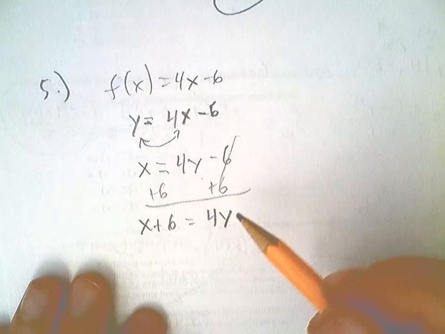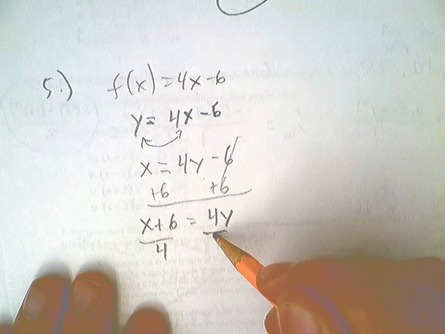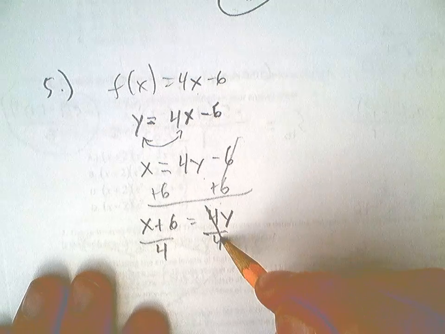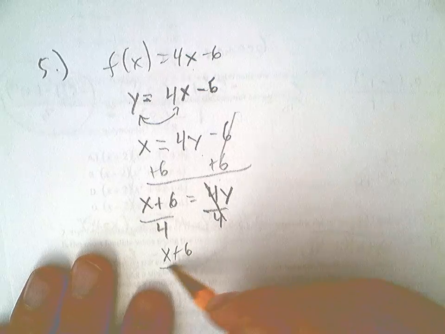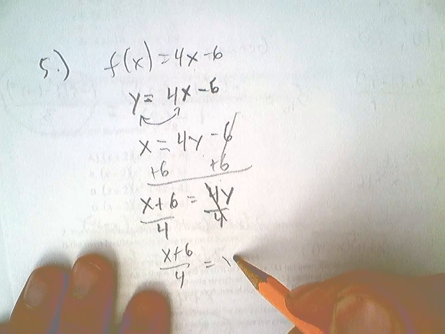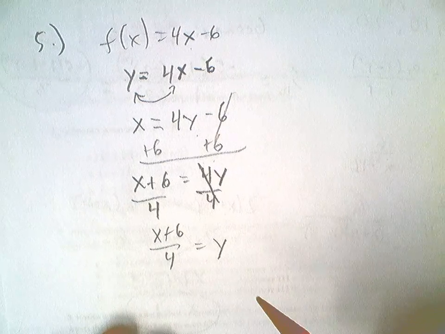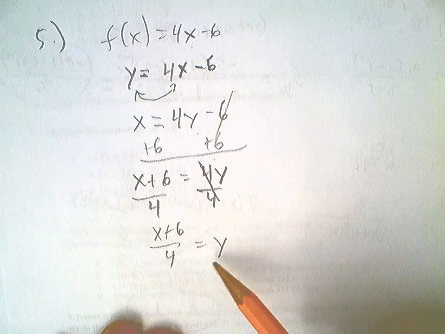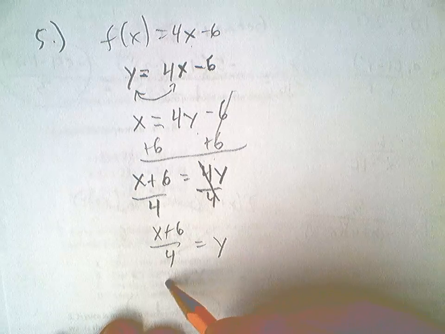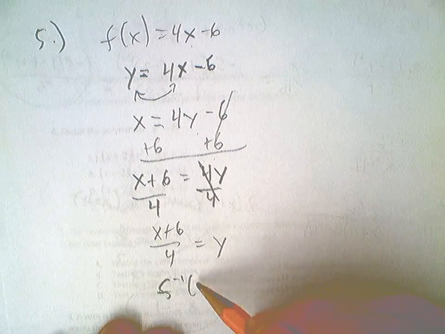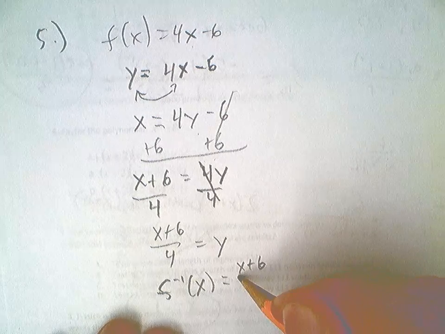Next thing we're going to do is divide both sides by 4, since that is the opposite of multiplying by 4. So we get x plus 6 over 4 equals y. So to finish writing this, right here is technically the inverse, but I need to write it in function notation. So I'm going to say f inverse of x equals x plus 6 over